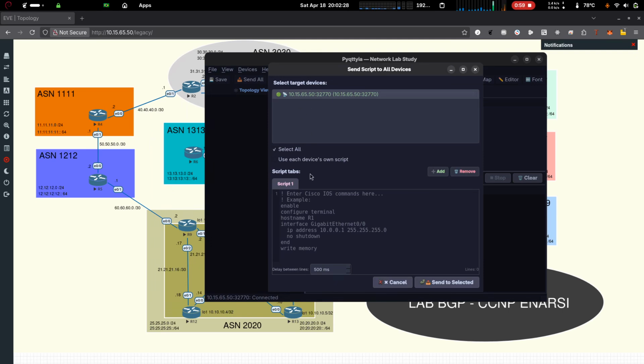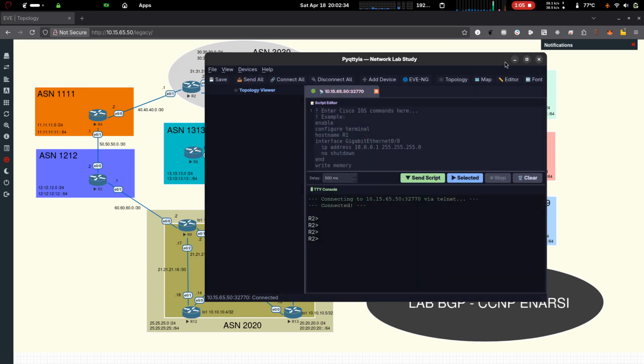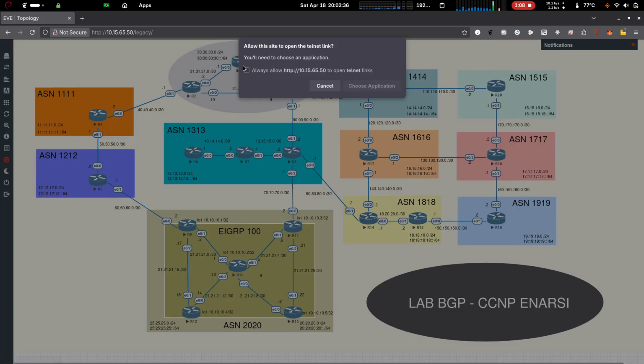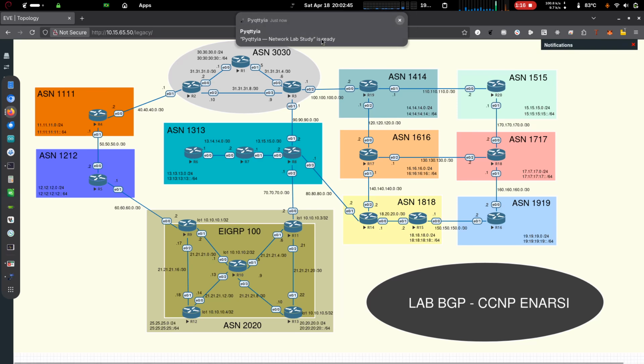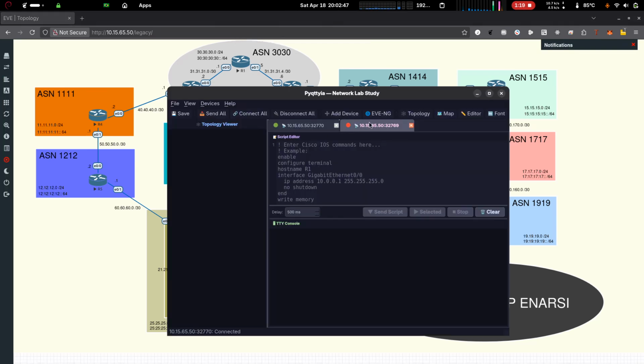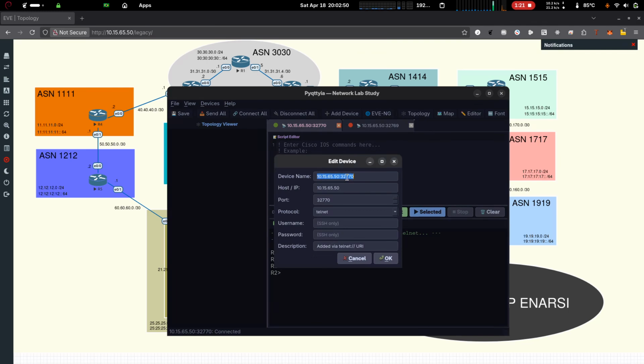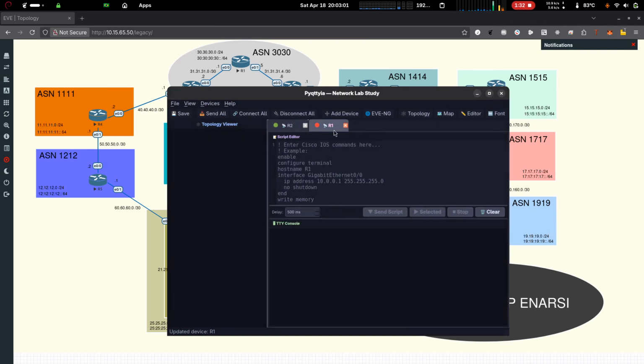And if I click on Run now, for example, I can check the box here to always choose this application. And it has already opened the other one here. That was Run. No, R2. And here Run. This tab will come over here, connect, that's it. We have Run and R2.